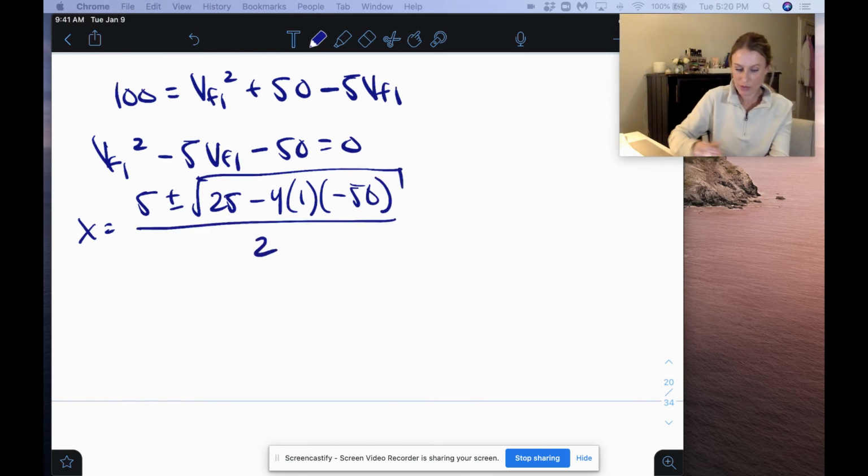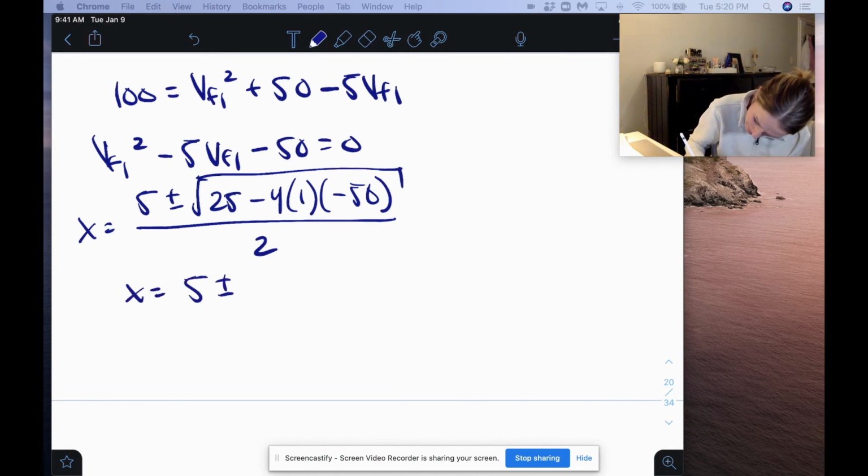So we get 25, 5 times 5, b squared, minus 4 times 1 times negative 50. So really I'm adding, 25 plus 4 times 50. I get 225 under the square root. Taking the square root of that, I get 15. So we get x equals 5 plus or minus 15,